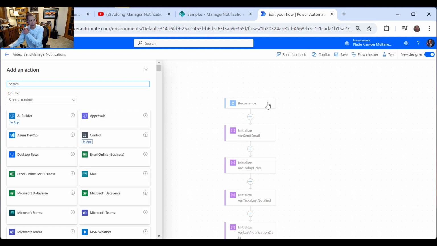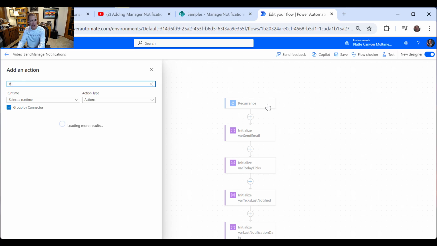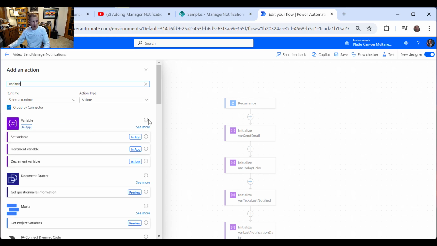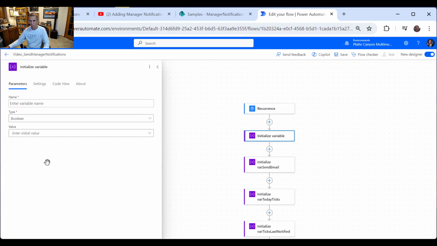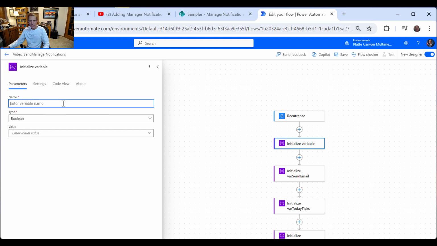If you haven't switched to this new interface, I do like it quite a bit. In particular, we can copy and paste actions now, which is pretty darn slick. I'm going to go ahead and do variables, because I need to add some more here at the front. So I'm going to initialize a variable, var send email enum, and make it a string, because I've got some different ones,